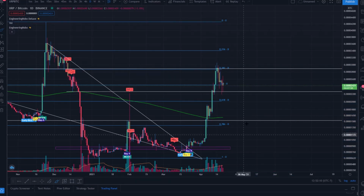So far we haven't confirmed that this is what is occurring. This could definitely find support at a very key level here, right where we're at. We could find support and continue the uptrend very soon. But if this starts shaping out like previous price action, then we could very well see some more prolonged sell-off. And so